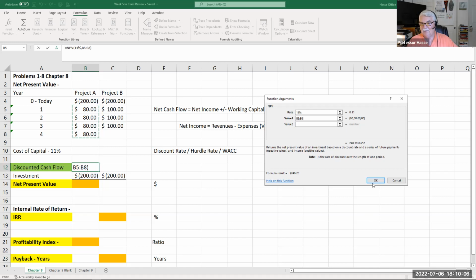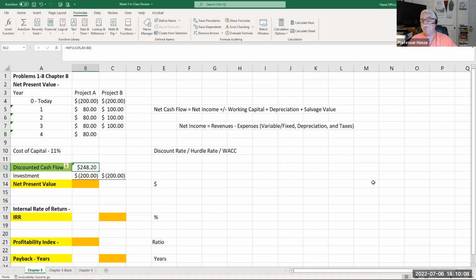And if I hit the OK button, $248.20. So in other words, this $320 being received in the future is actually worth today, discounted at our cost of capital,